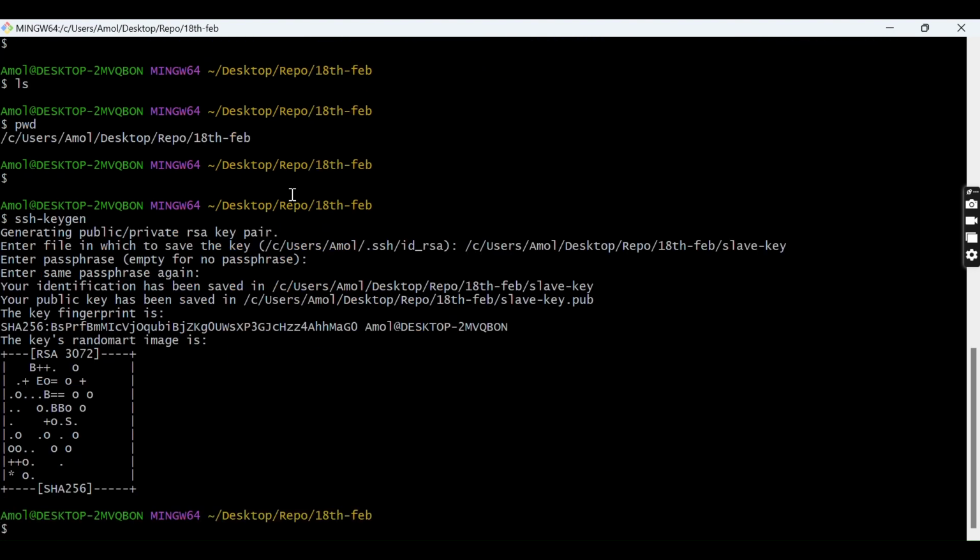So that's how I have generated a key, it's a very simple process. Just say ssh-keygen, and after that I have provided a path, and the name of the key is slave-key, that name we have given, and just press enter twice. And you have generated it. Here you see your identification has been saved to this particular path. Under this particular folder, repo 18th Feb, slave-key is there, and this is the private key,